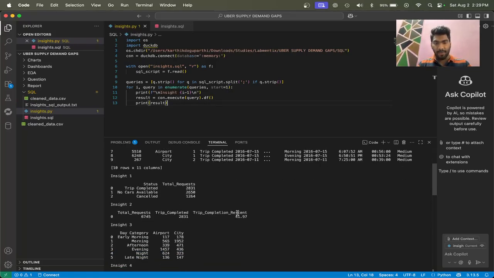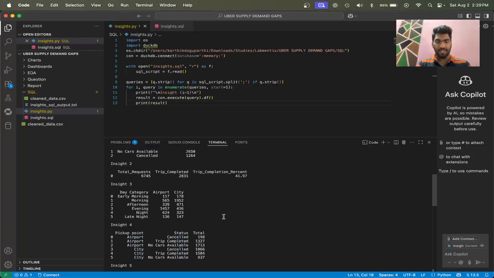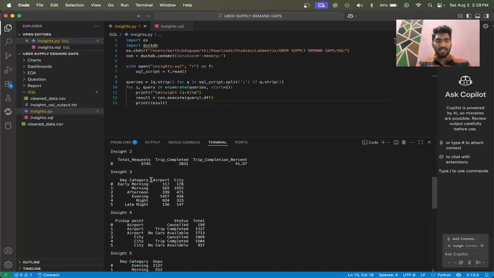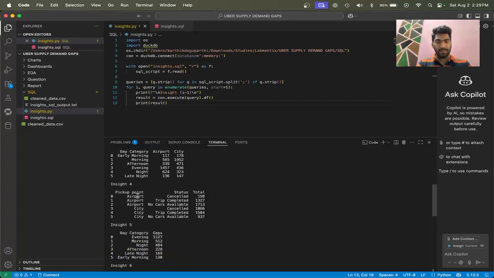As we can see, 41% of the trips out of the total trips are completed, and out of the 6,745 trips, 2,000 trips are completed, with a total completion percentage of 41%. As we can see, the individual count from the pickup point, airport and city, is segregated by day categories. And I have also given detailed information about the pickup point and each status of the pickup point, and also their count,